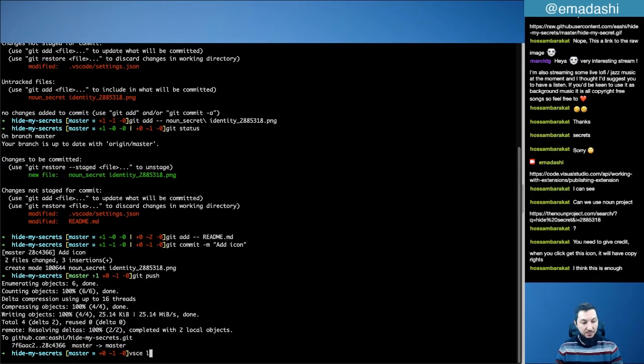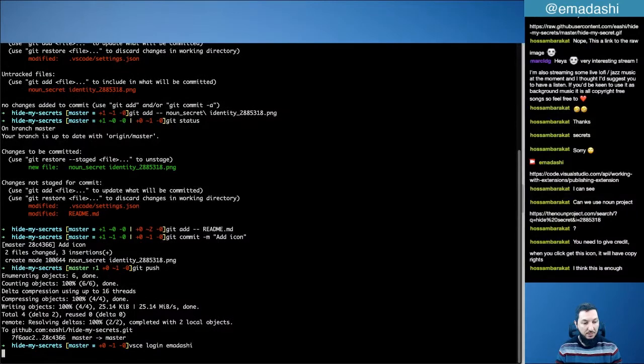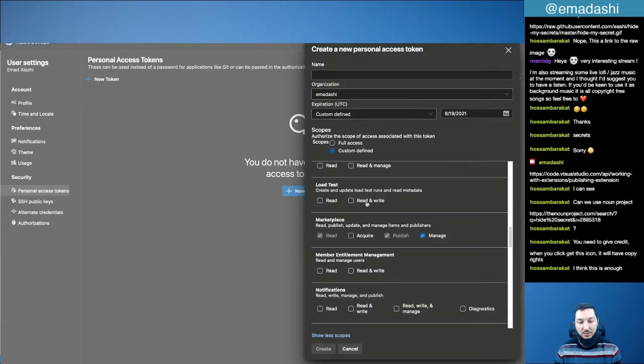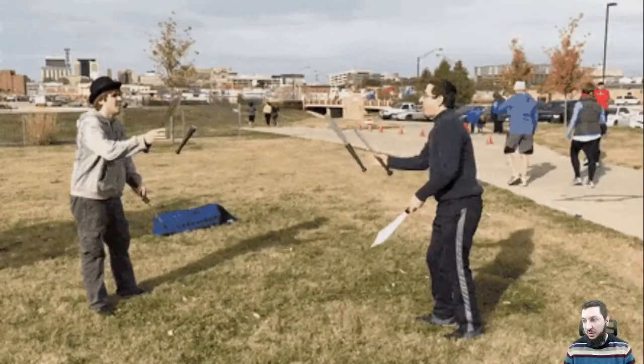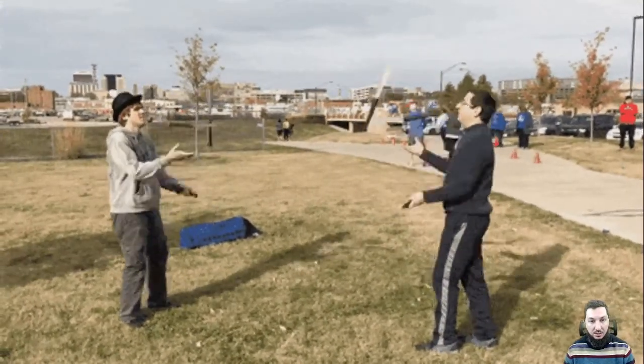VSCE login. What was it? Imadashi. Personal access token. Okay, I will have to create this one. I'll hide my screen. I will create